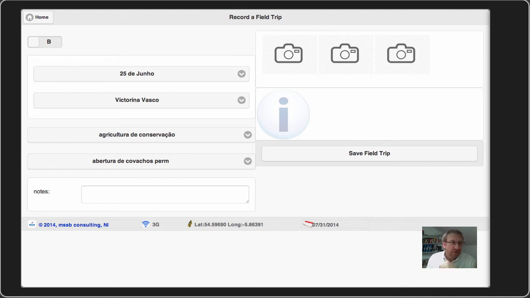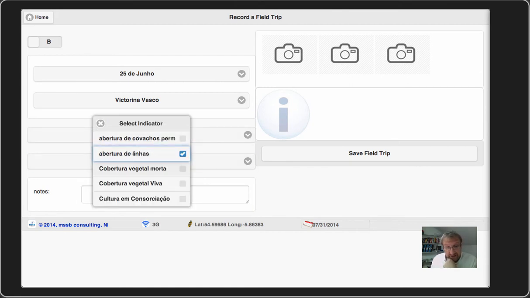We can record a variety of data in a variety of media. We can, against Victorino Vasco, who's a farmer, for this particular trip, we can make notes on the trip. We can take anything up to 3 photographs, and we can set up within the project a set of trip or visit indicators. So here we're looking at conservation agriculture, and here we have the main indicators that the field worker can select